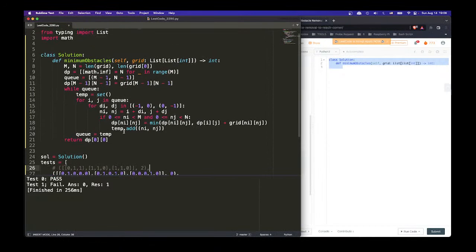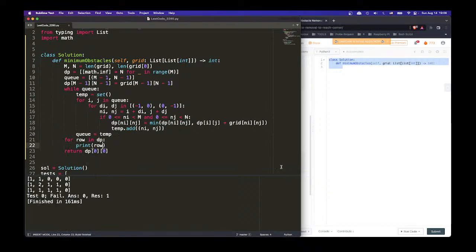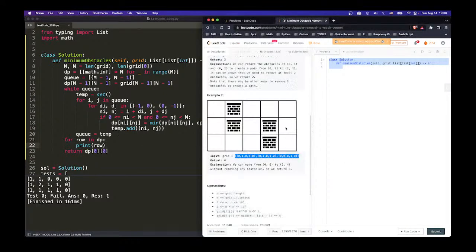Yeah, some problem, huh? For row in dp, let's print row. Let's take a look. So we have 0, 0, 0, 0. These are 0. These two are 1, right? So when we hit this,